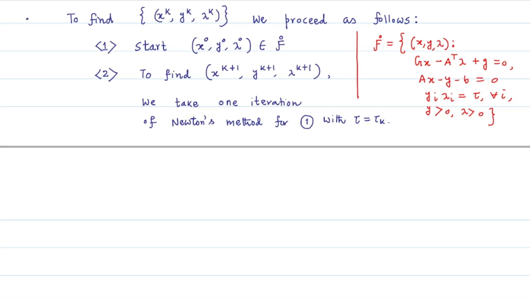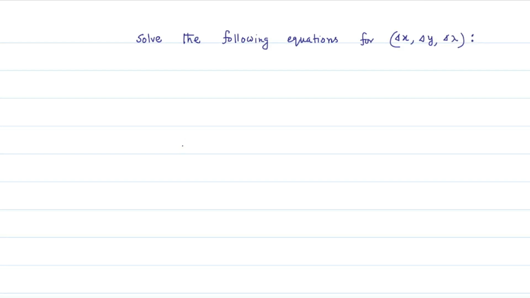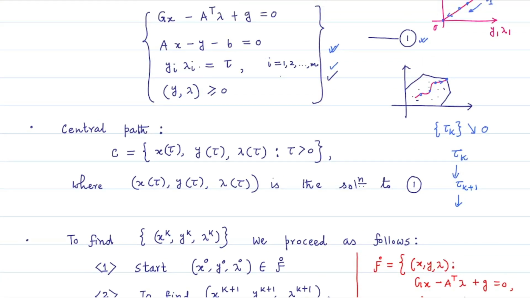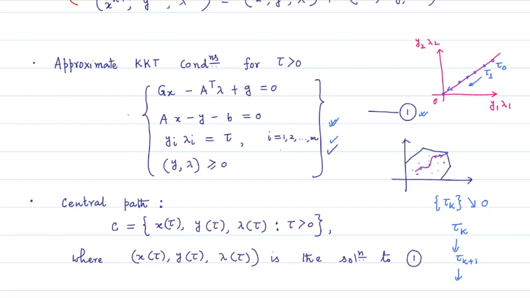This step essentially means that we go for solving the following Newton scheme for delta x, delta y, delta lambda, where we notice that the Newton scheme for these equations in 1 is given by F tau of x, y, lambda equal to 0 with y greater than or equal to 0, lambda greater than or equal to 0, where